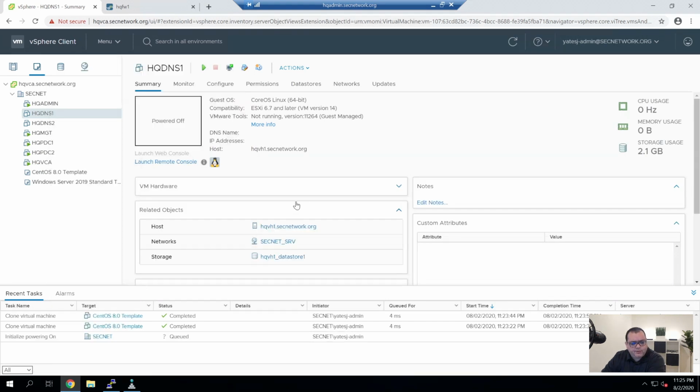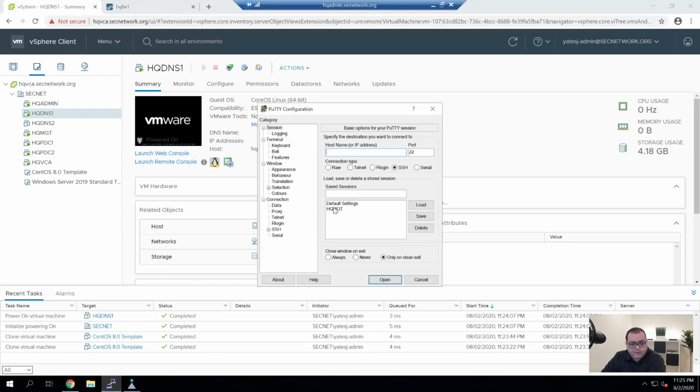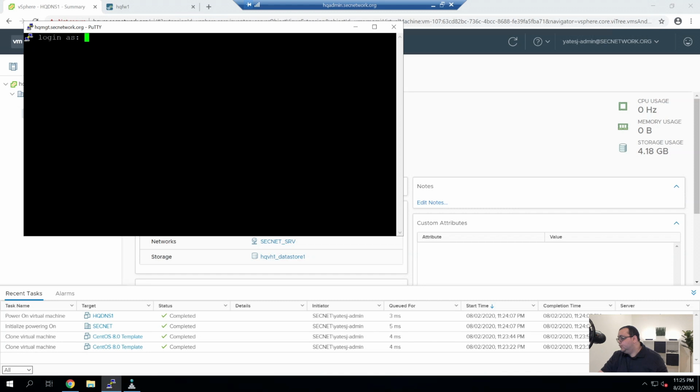I'm going to power the first one on. And then I'm going to use PuTTY. Let's see, what am I remoted into here? Nothing. So I'm going to jump into this server as soon as, actually, this is joined, so I can just log in with my username. And like that, I'm in.